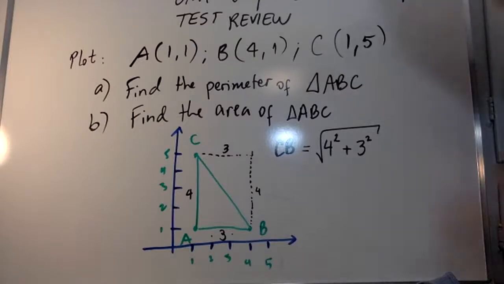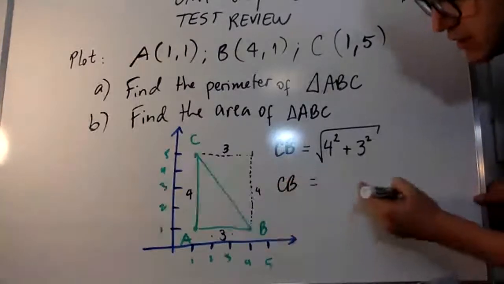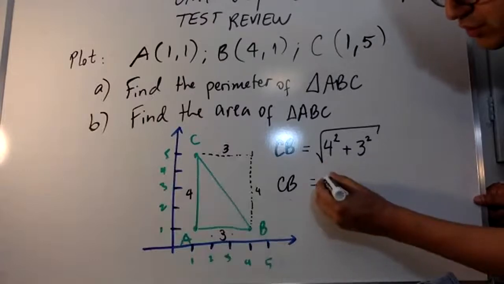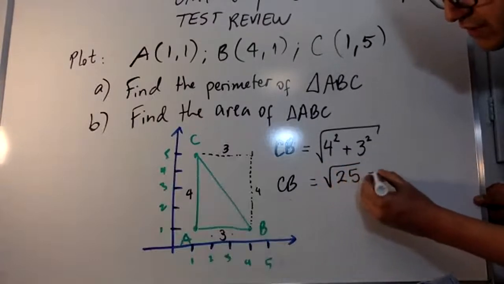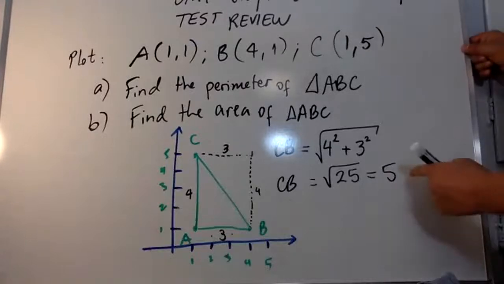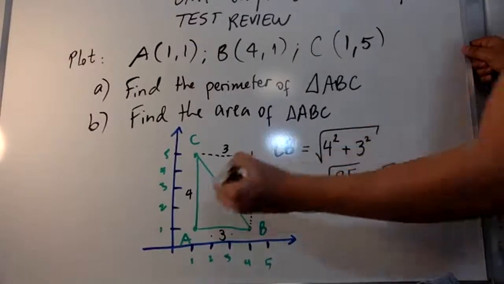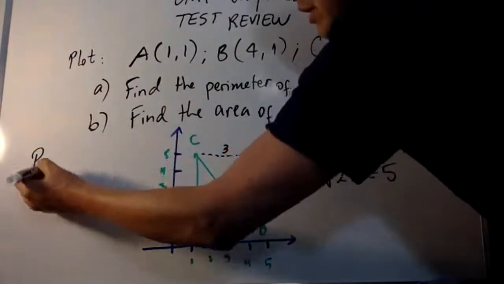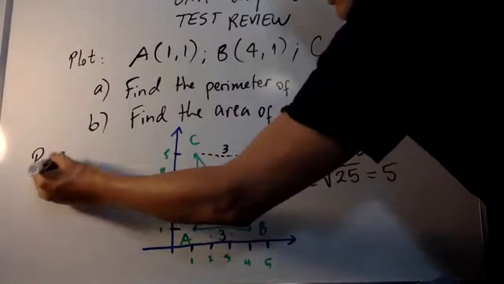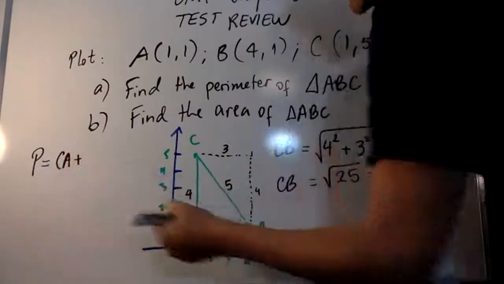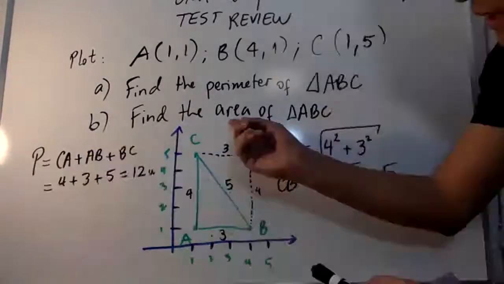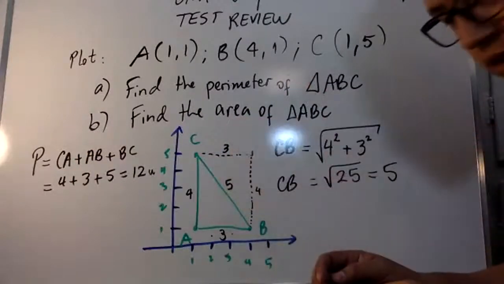Okay, so now we solve this. This is 16 and 9, so 16 plus 9 is 25. So the square root of 25 is 5. So using this distance formula, now I know that this is 5. And with that, I know that the perimeter is adding CA plus AB plus BC. Area is basically, in triangles,